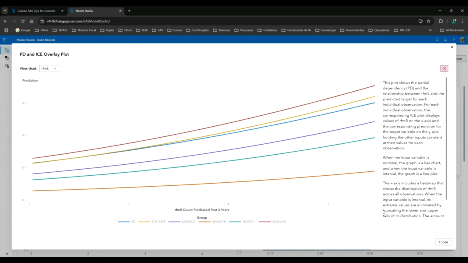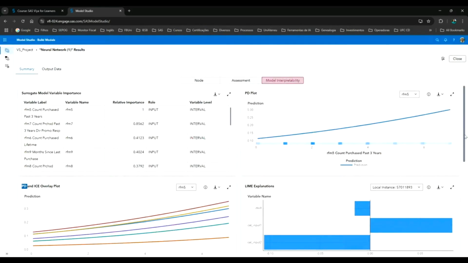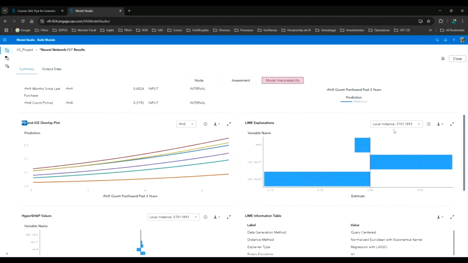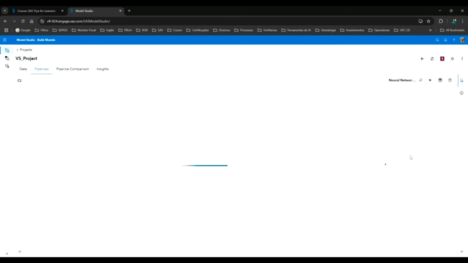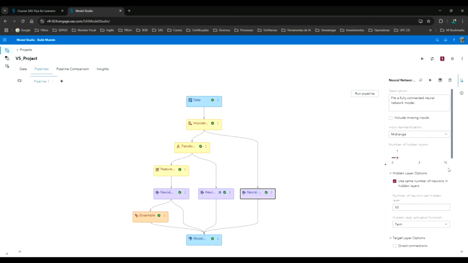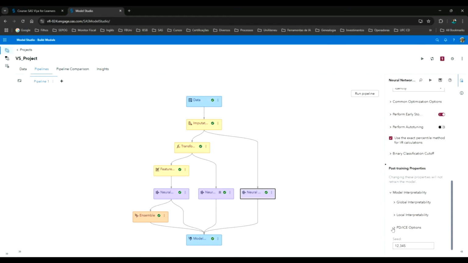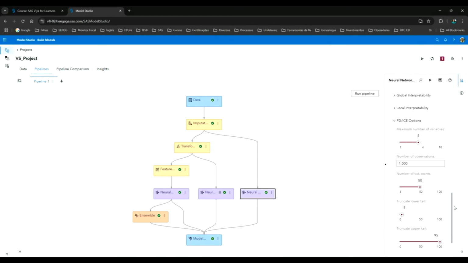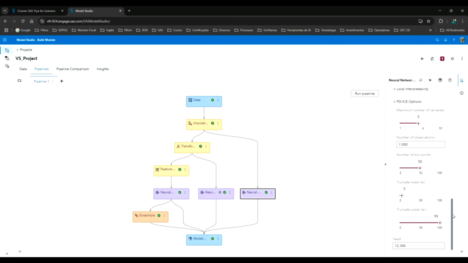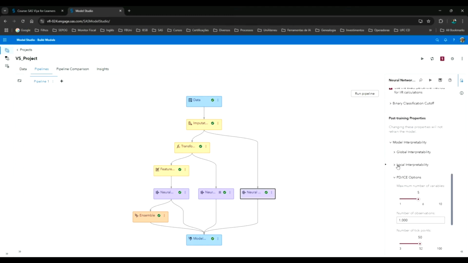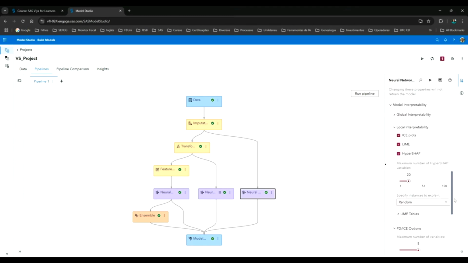And what has happened? Here we have the LIME explanation for this local instance. These instances we can choose here. Just a minute, please.